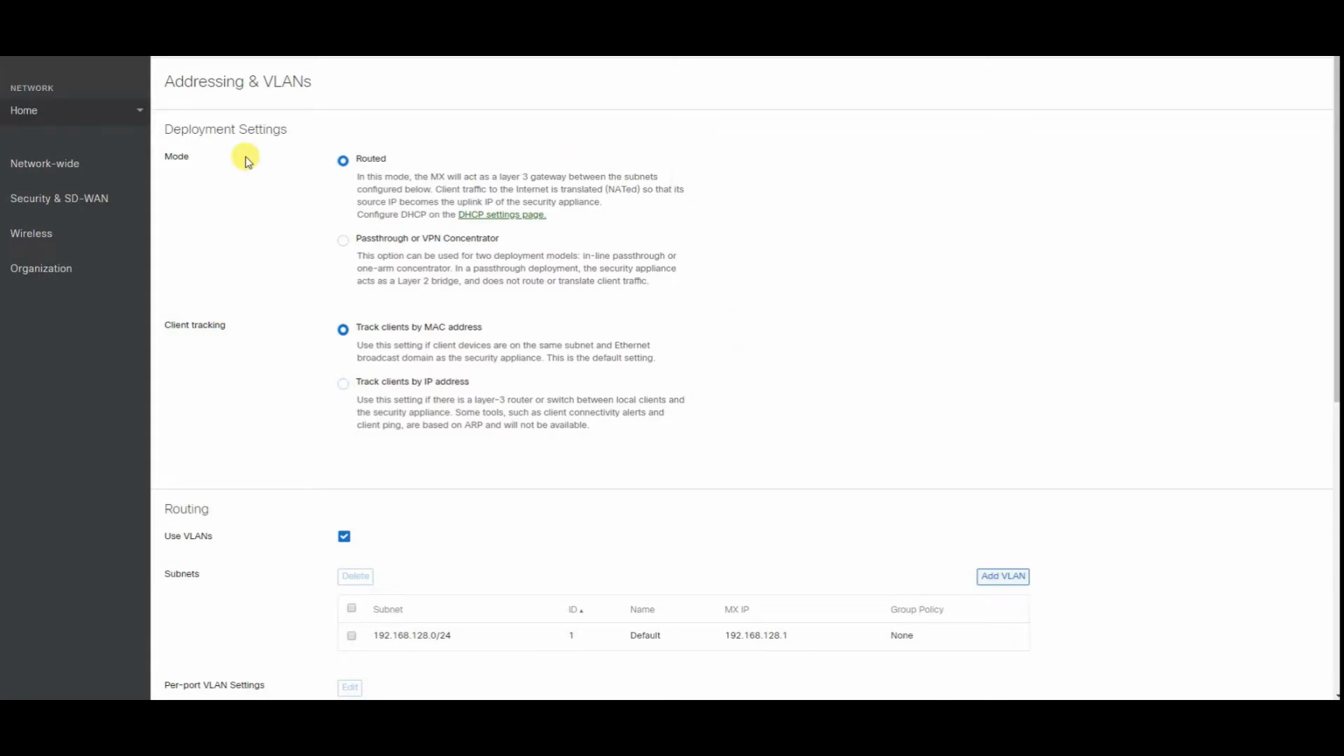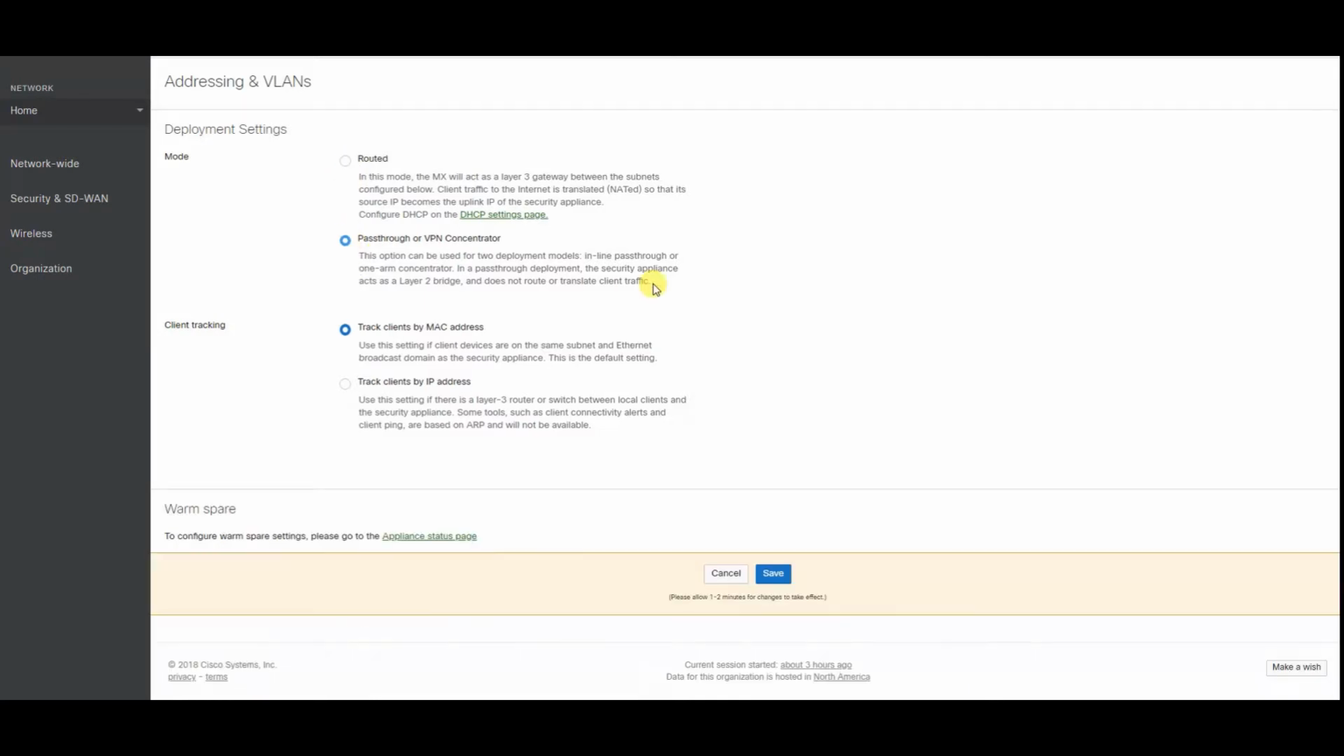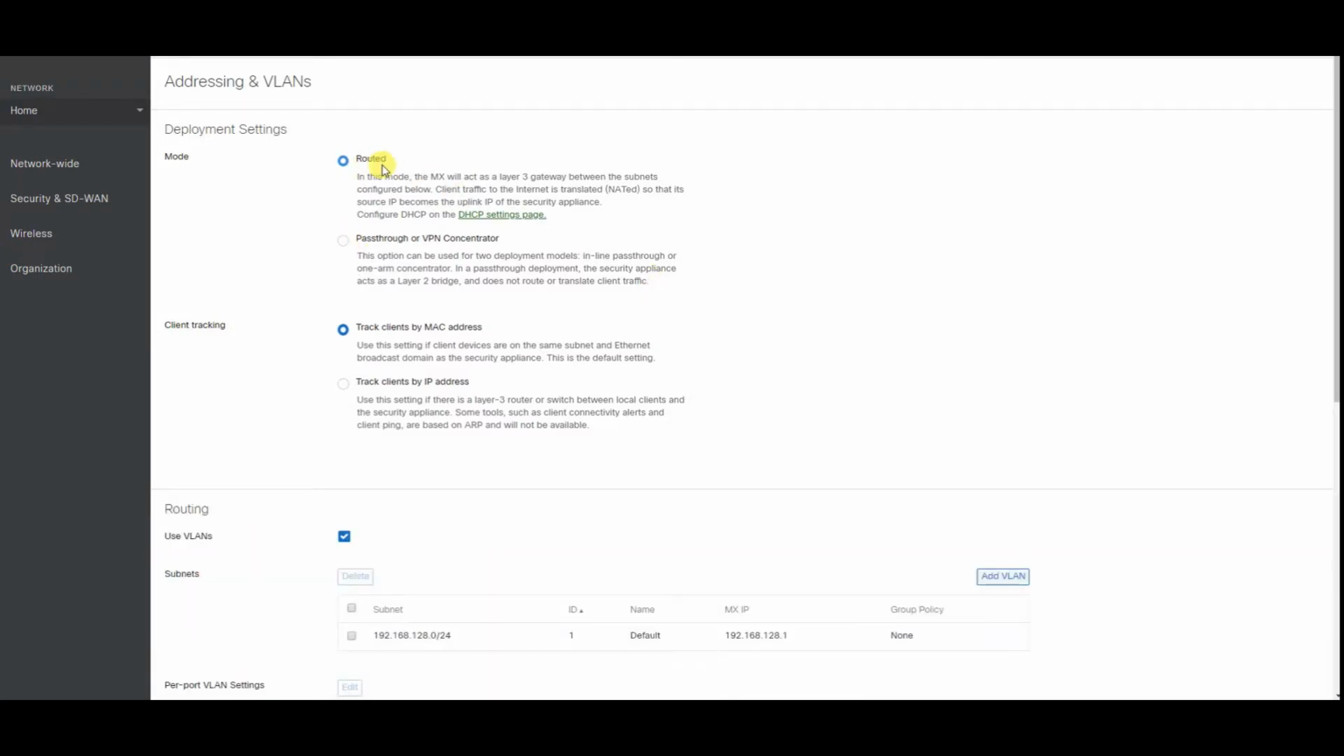Next piece is the addresses and VLANs. You can set routed mode or pass-through VPN concentrator. Routed mode is basically where that appliance connects directly to the internet. Pass-through or concentrator mode is where it does have an internet connection, but it's using its default route to get to the internet. So you've got another device servicing the internet, but the MX64 or whatever device you have is